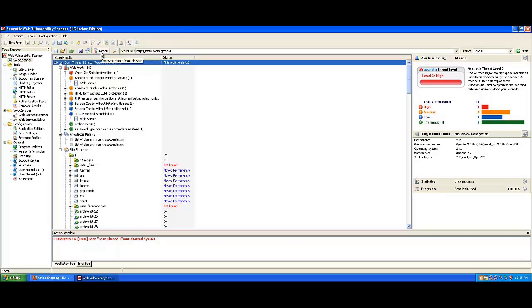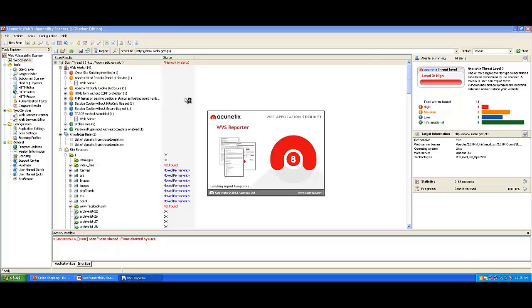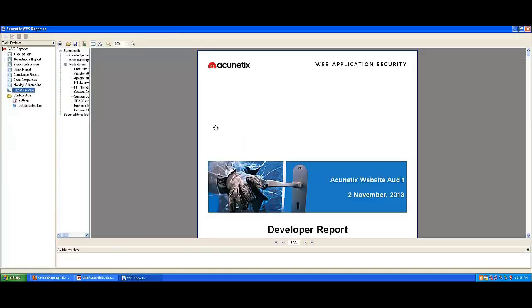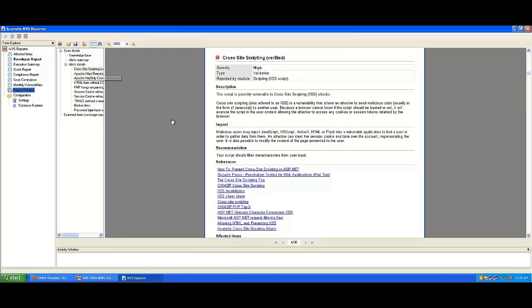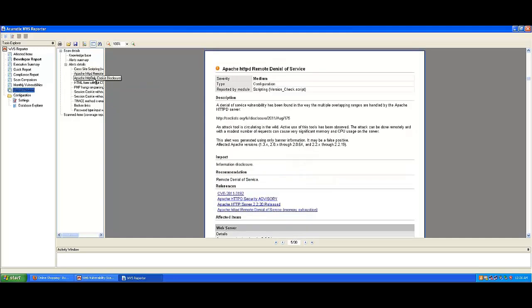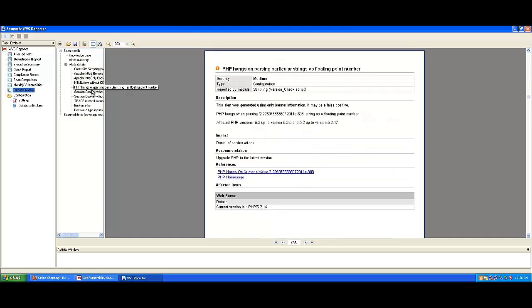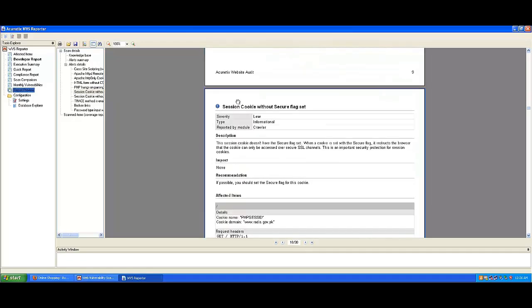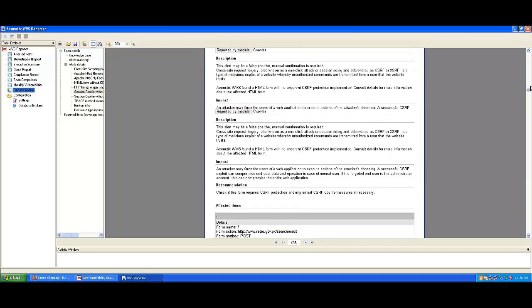You just put your cursor here and it will show you generate a report. You just click onto it, and it will create a complete report for you. Now you can see the website that I have just scanned. It gives me complete information about the different attack vectors, figured out in a really detailed manner. This is the complete PDF format of the report.